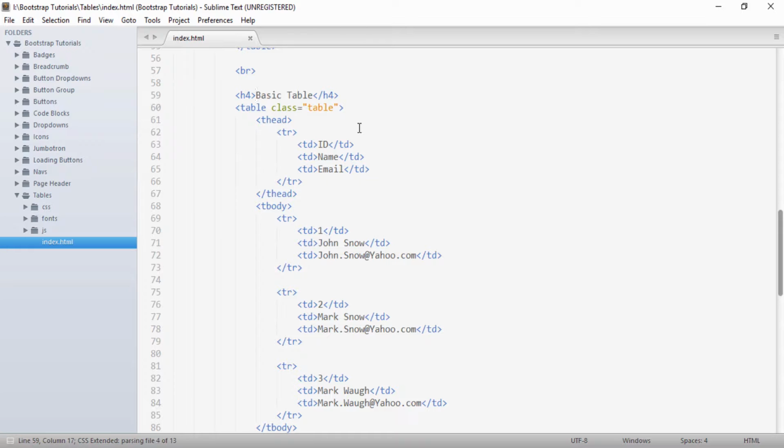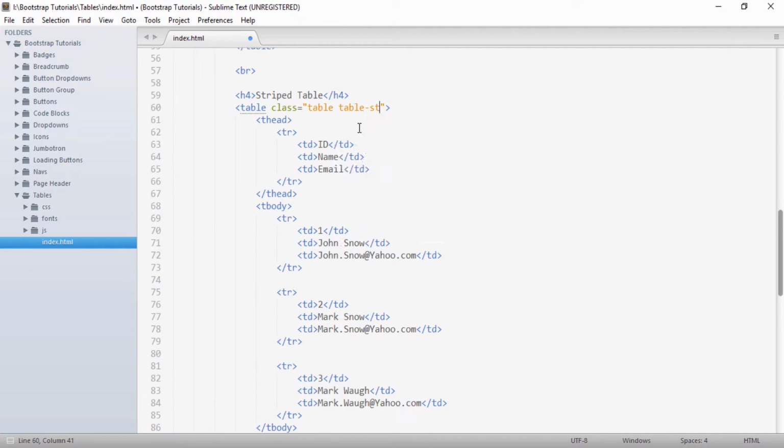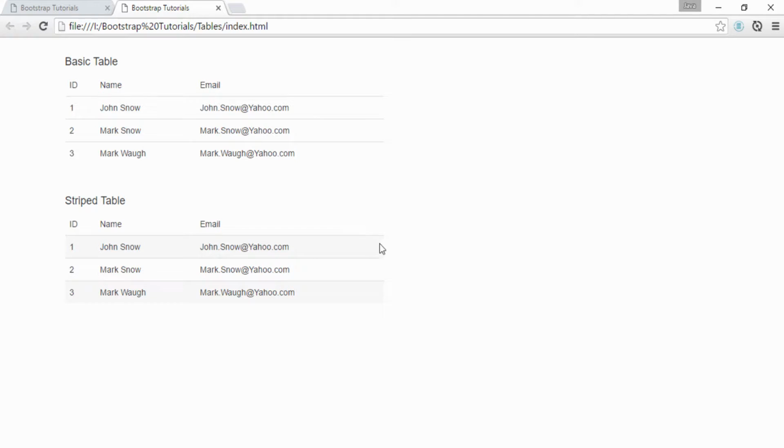Here I will change the heading to striped table, and in order to provide zebra stripes to our table, the class is table-striped, keeping the rest of the structure as it is. If I save it and go to the browser, you can see that John and Mark Waugh rows have some coloring to them, so it looks like the table has zebra stripes. This was the styling provided by the table-striped class.